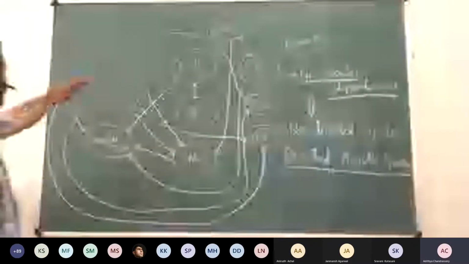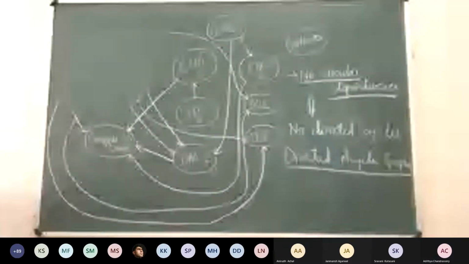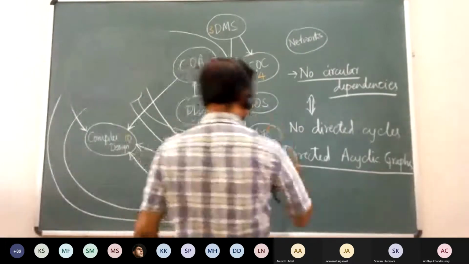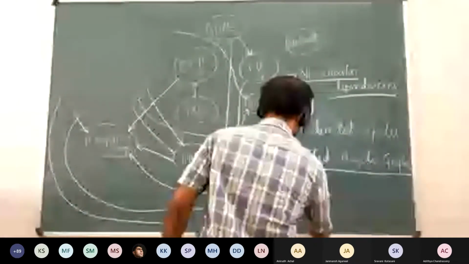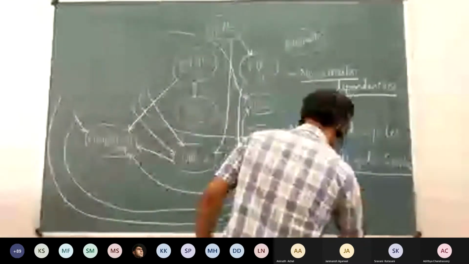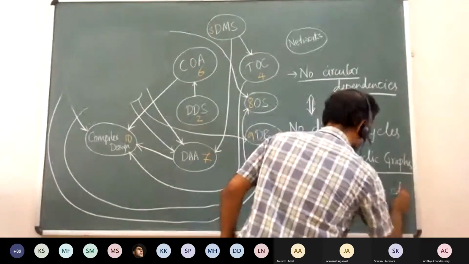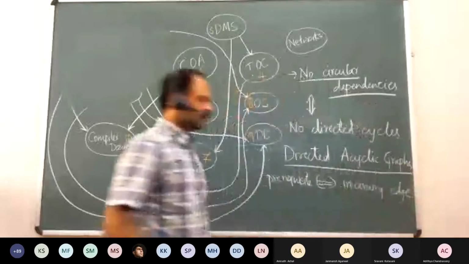Yeah. So here basically the prerequisite is an in-degree into a vertex, right? So something that does not have any edge coming into it. With respect to this modeling, prerequisite is equivalent to an incoming edge. So what you will order first is something that does not have any incoming edge.